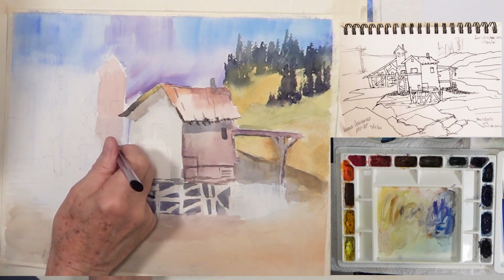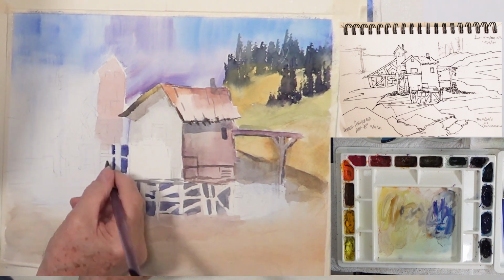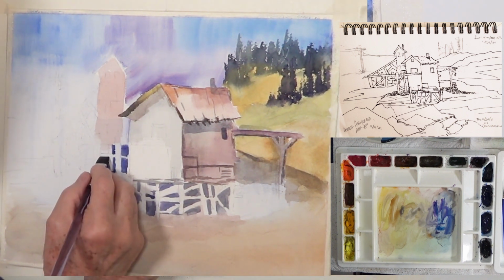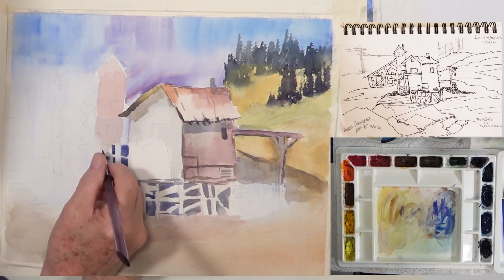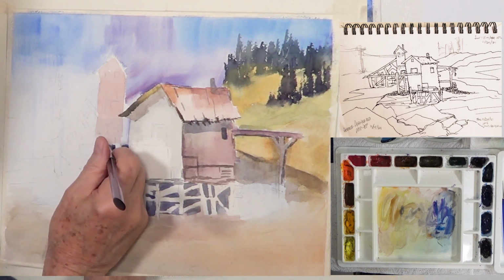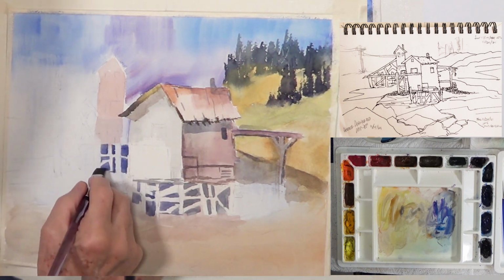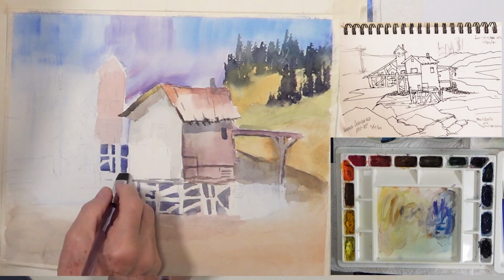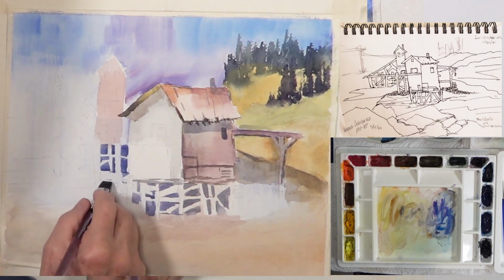And in here, like that. So you're seeing me just basically construct the bottom of these buildings, the structure that's holding everything up. Just using a 1/4 inch or a 1/2 inch flat brush to do it. Really does a good job for this kind of stuff. And down here,